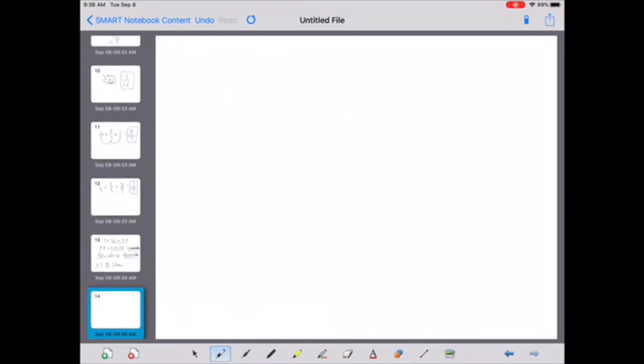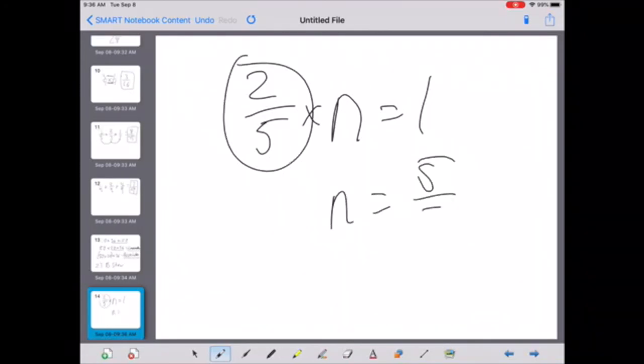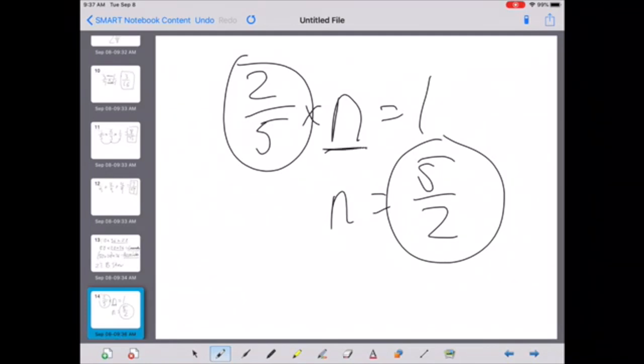Last but not least is number 30. Number 30 says how many 2/5 are in 1? This would look like this as a math problem. How many 2/5? 2/5 times, I don't know how many, so I put in a letter, n, equals 1. That's the inverse property from today. A number times its reciprocal equals 1. So n, flip that guy, gives me 5/2, and it just stays like that. You'll learn way later on in math class that this is algebra when we have letters, and anytime you mess with algebra, you leave it as an improper fraction. You do not switch that back. You got the 15